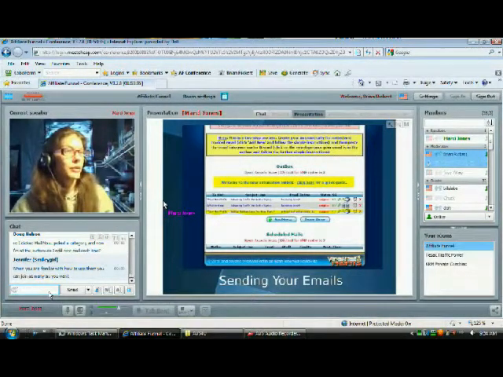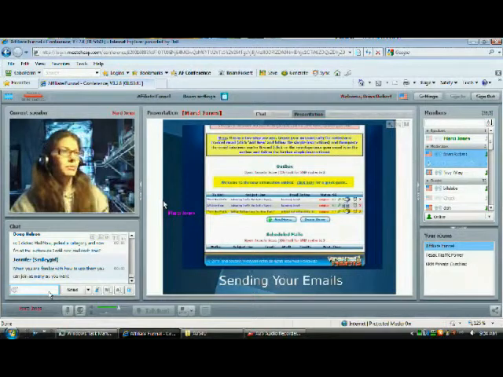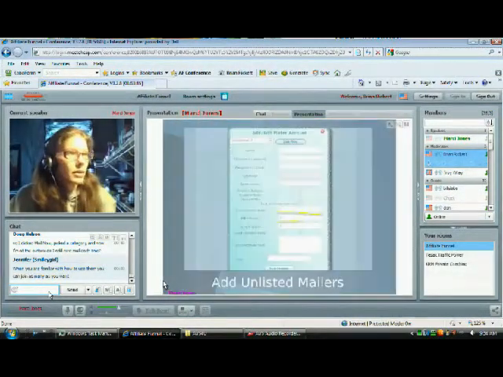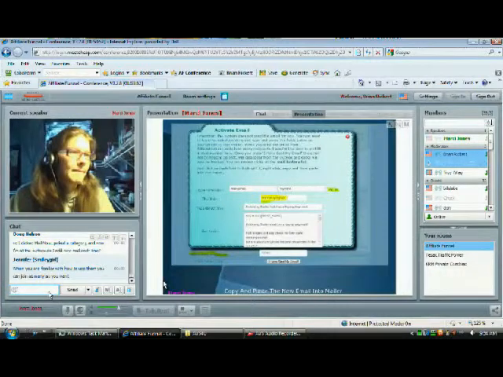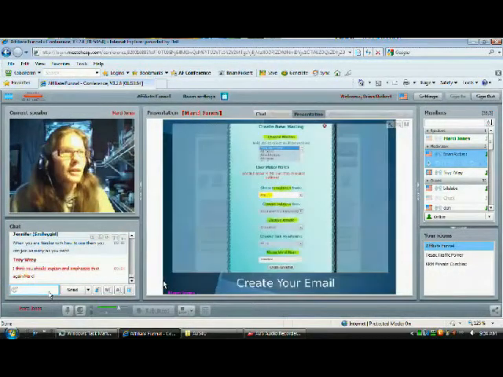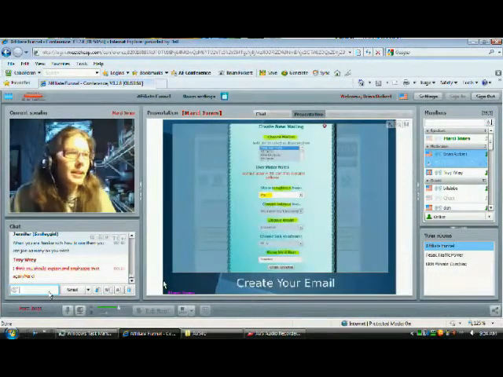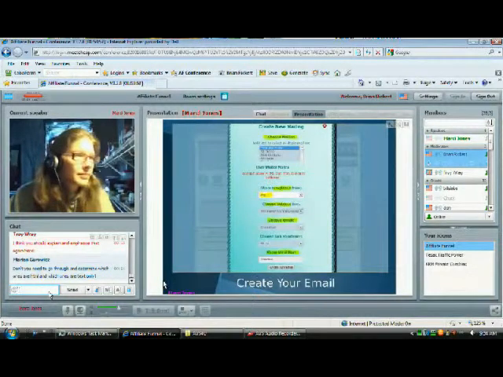So you can choose to make your emails individually, or you can make them by group, however you like. All you have to do is, there we go. No, I lied. When you get to this particular screen,